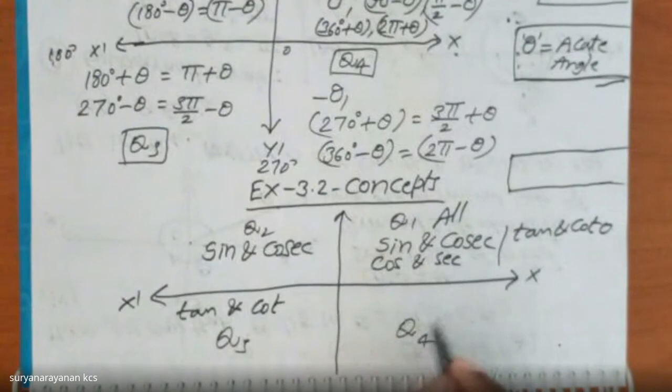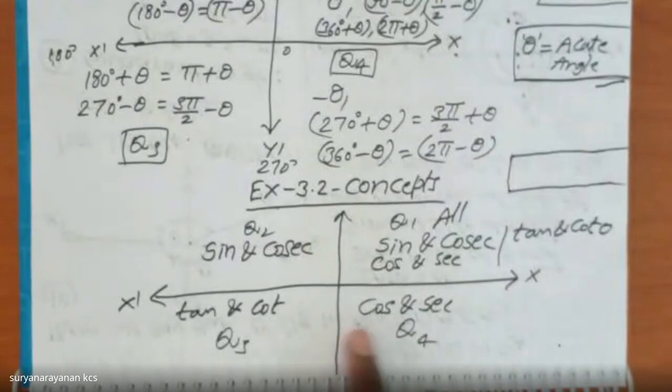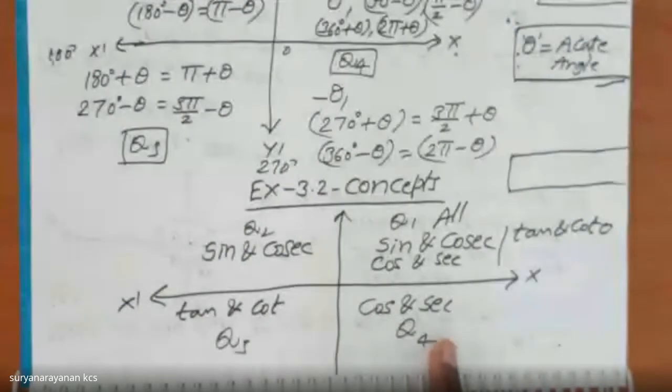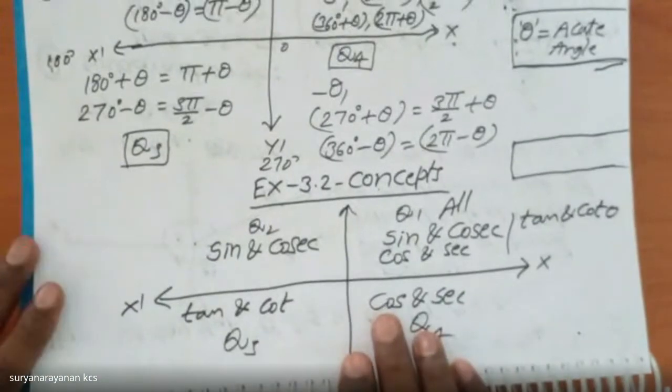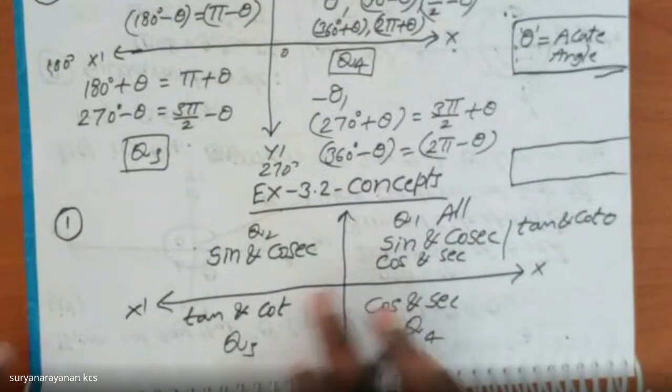And in the fourth quadrant, cos and its reciprocal secant, only these 2 trigonometric functions are positive in the fourth quadrant, and the remaining 4 trigonometric functions are negative in the fourth quadrant. You have to remember these points, which are useful in writing the values of trigonometric functions. Okay. So to remember all these cases, there is a simple sentence, that is,